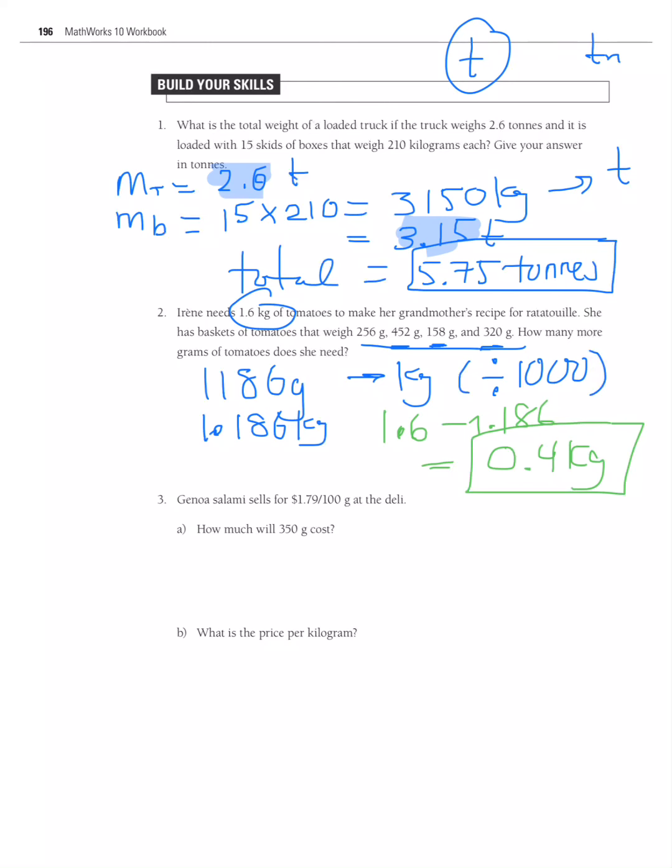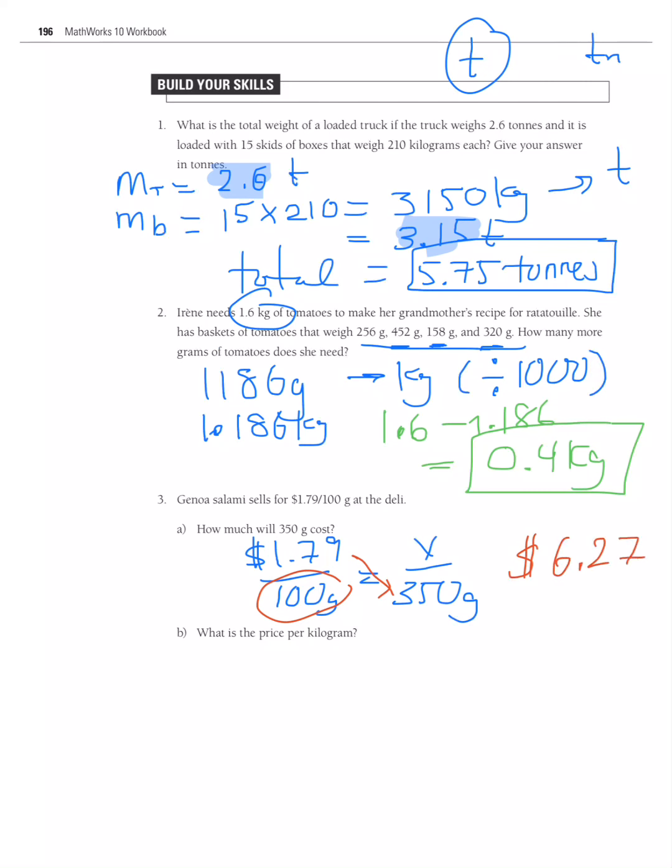All right, we'll move right along. Number three. Salami sells for $1.79 for 100 grams. How much will $3.50 cost? So now we're back to kind of this cross-multiplying idea, which you'll see comes back a little bit in this unit. So $1.79 for 100 grams. How much for $3.50? All right, so first we'll multiply across and then divide by what's left over. So 350 times 179 divided by 100, and I get my answer is